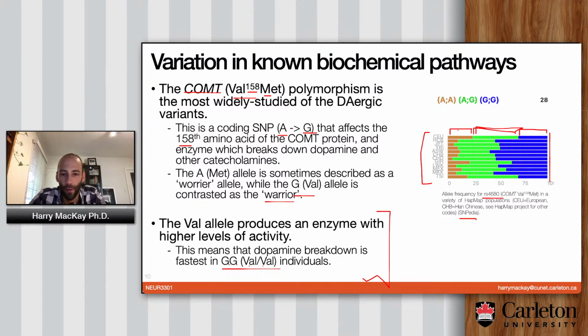So you have a higher proportion of so-called warriors among the Han Chinese, CHB is Han Chinese. It's hard to see here. Among Han Chinese, you have a higher proportion of so-called warriors than you do among whites of European descent. So the frequency of this varies across people. And maybe you can look at this as a microscopic illustration of what allele frequency means more broadly. The different versions of this gene are not equally distributed among the world's population. Some people have more of one versus the other.